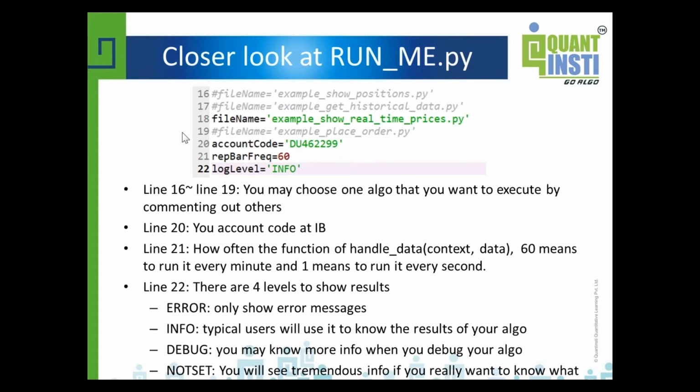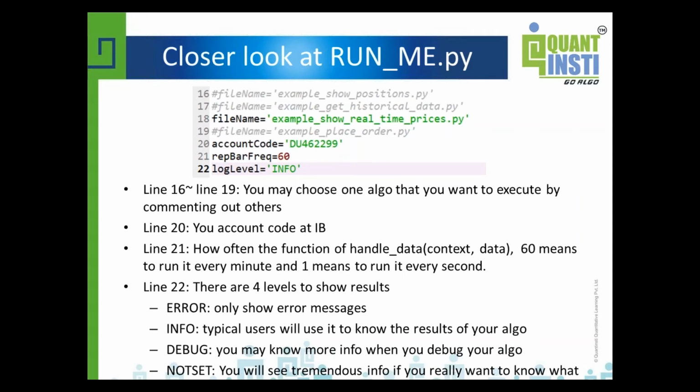Actually, these are different trading algorithms you save, and then you can execute them by commenting out others, as I showed from line 16 to line 19. I comment out 16, 17, and 19, and only run 18. The name of the program is example show real-time price.py, and then you run it.